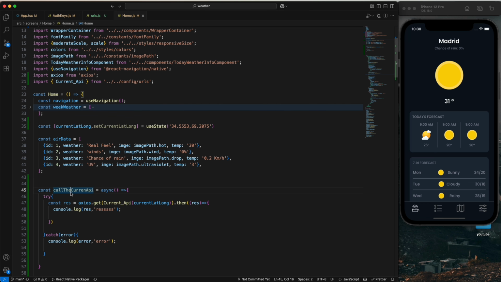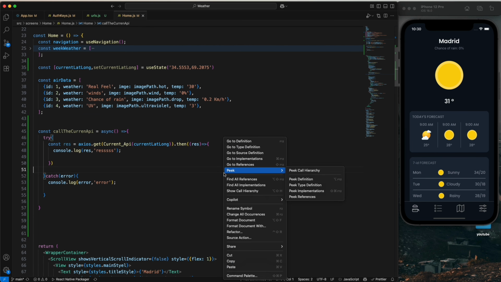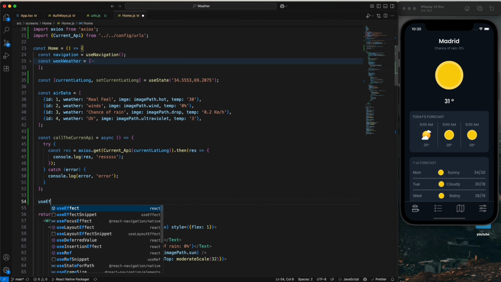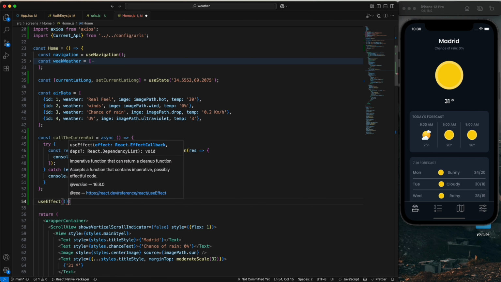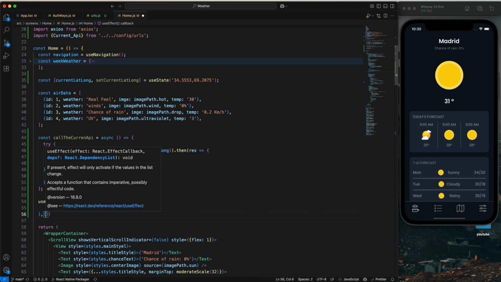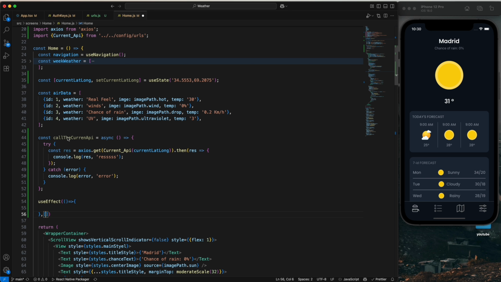And let me call this API, let me format the code, and import the useEffect from React and call this. Let me add this, copy the function and call this function, and let me open the dev tool,